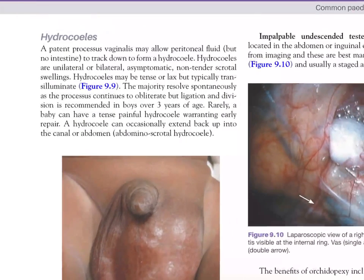Hydroceles, a patent processus vaginalis, may allow peritoneal fluid but no intestine to track down to form a hydrocele. Hydroceles are unilateral or bilateral, asymptomatic, non-tender scrotal swellings. Hydroceles may be tense or lax but are typically transilluminant. The majority resolve spontaneously as the process continues to obliterate, but ligation and division is recommended in boys over 3